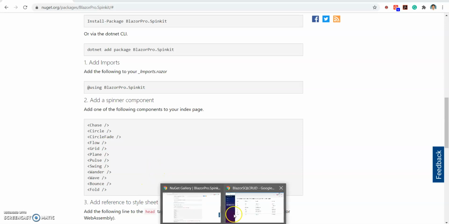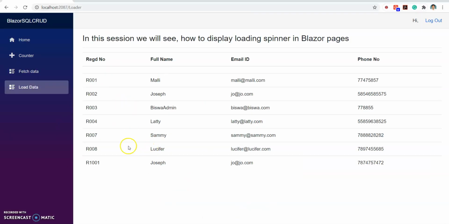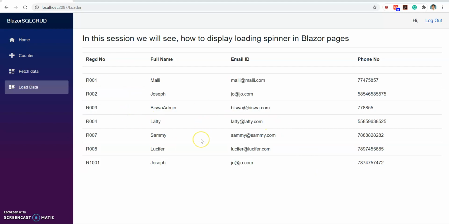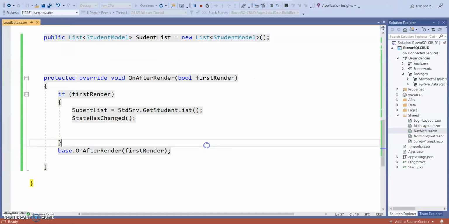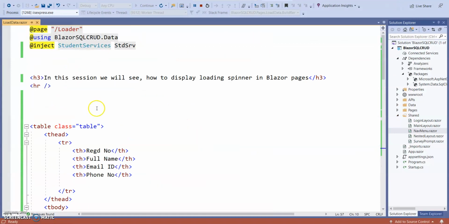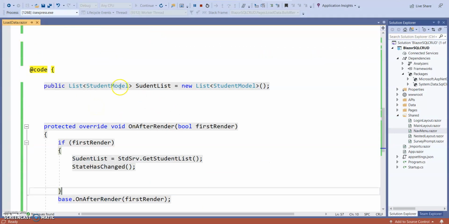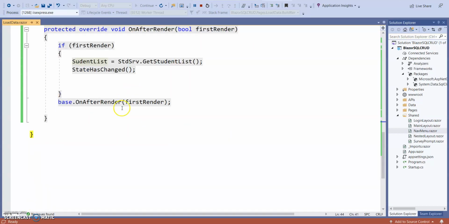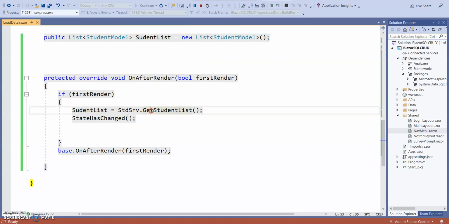So here I have already created an application where I am loading this data from the database. Let's go to the application here. You can see this is a list of students. After render, I am calling the list of students by injecting a service.